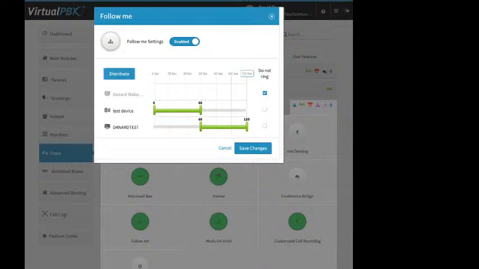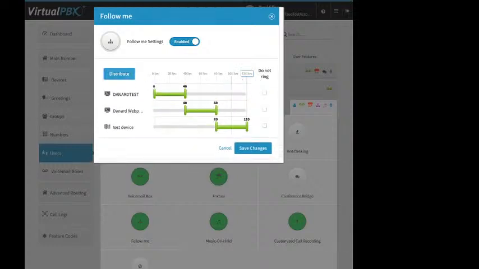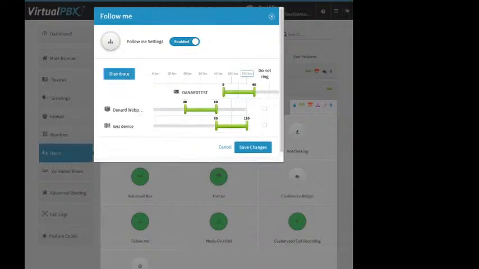And you can click distribute, so you can say, hey, ring this phone first and then this one, right? And then I'm saying, hey, don't ring this one at all. Now I can always change my mind, and now I can ring all three of these. And just like in groups, I can change the order around and click distribute, or